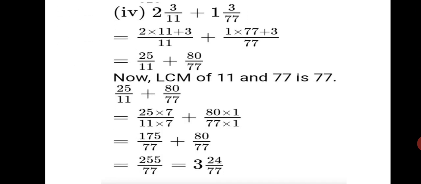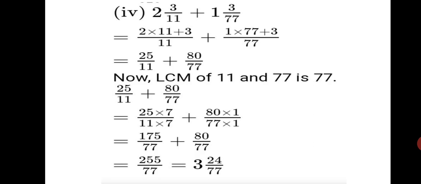Fourth sum, 2 3 upon 11 plus 1 3 upon 77. Convert into improper fraction first. 2 into 11 is 22 plus 3, 25 upon 11 plus 77 into 1 plus 3 is 80 upon 77. 11 and 77 are denominators which we want to make equal. We know that 11 sevens are 77. That means the LCM of 11 and 77 is 77. So